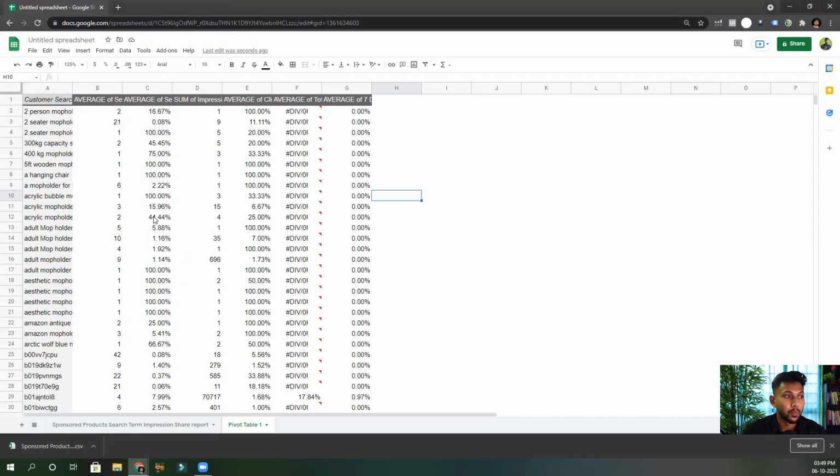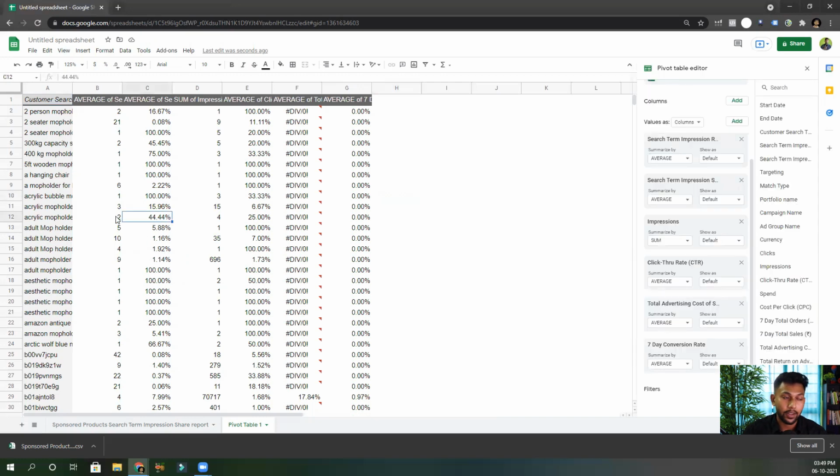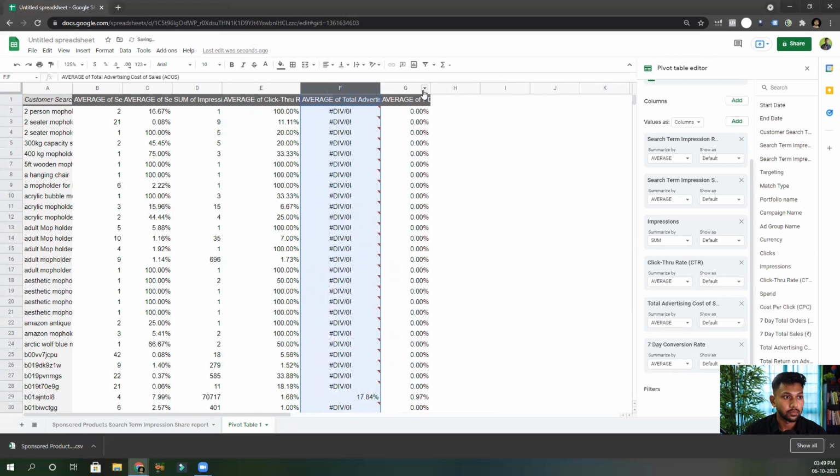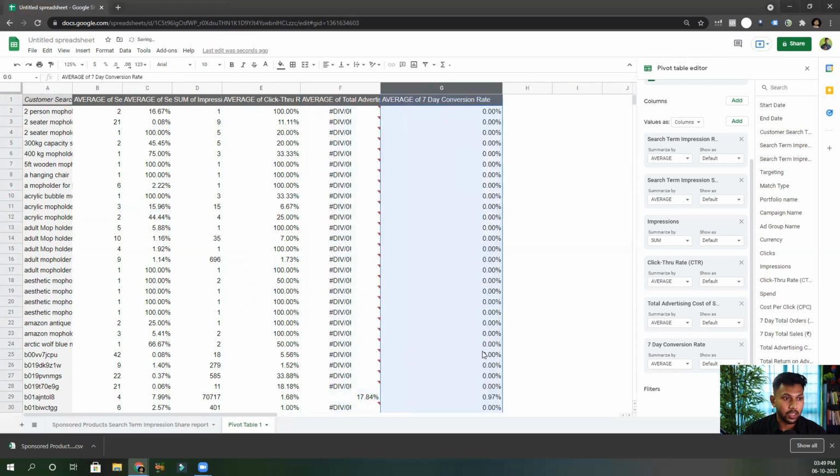When your ads show more, that is when this percentage increases, your rank will also increase, this rank. So your search term impression rank will also increase. So here you see it is getting 44% of the total impressions of the ads. Out of the total impressions available in the marketplace, it is taking 44% of that. That is why it is ranked at 2. Now it is taking 100% of the impression share. That is why it is ranked at 1. Now if we look at average, obviously, the conversion is not there.